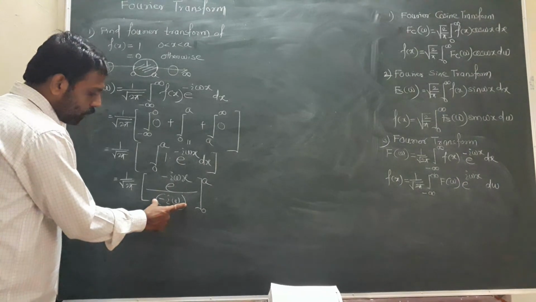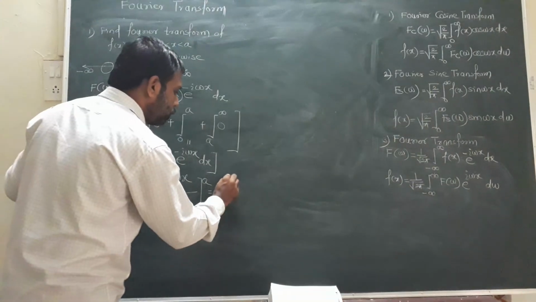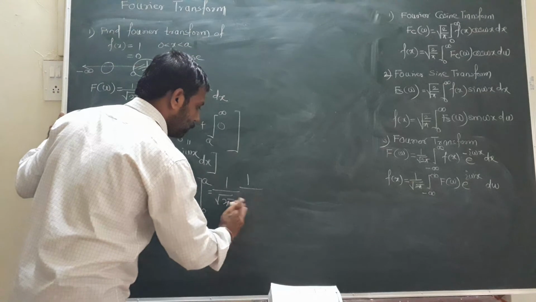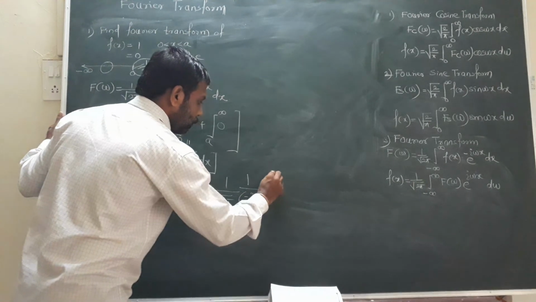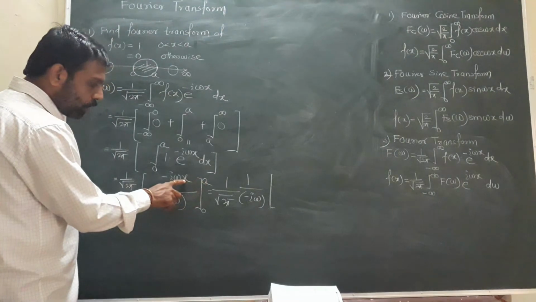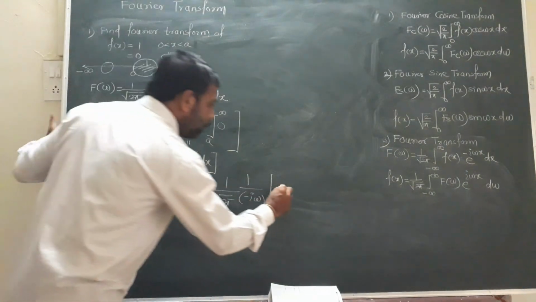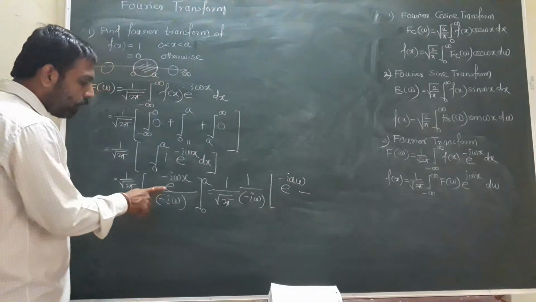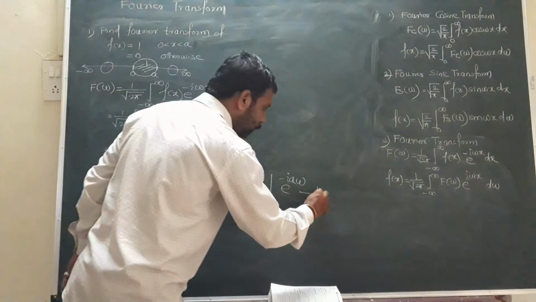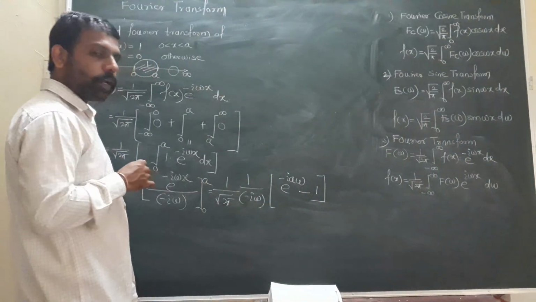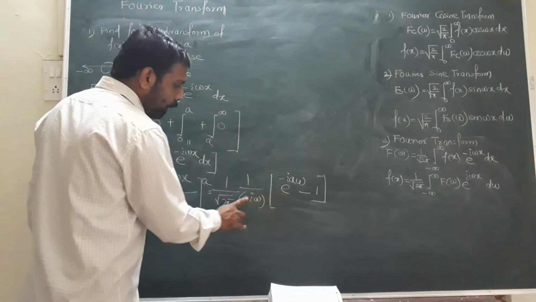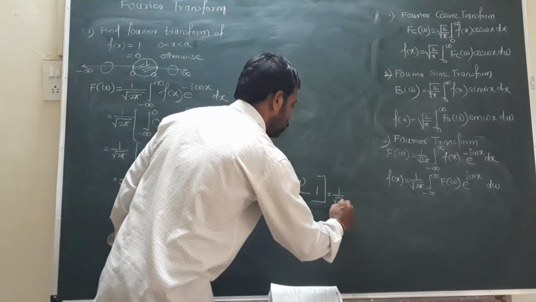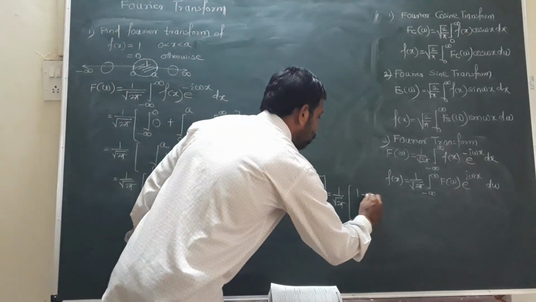Now this bracket is constant, so we'll put it outside, which is equal to, substituting the upper limit x equal to a, we have e raised to minus i a omega, minus the lower limit, e raised to 0, whose value is 1. So this is the expression. Or we'll write this inside the bracket, and I multiply this minus here, so it becomes 1 minus